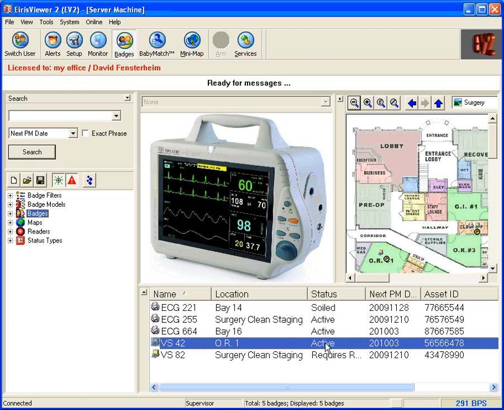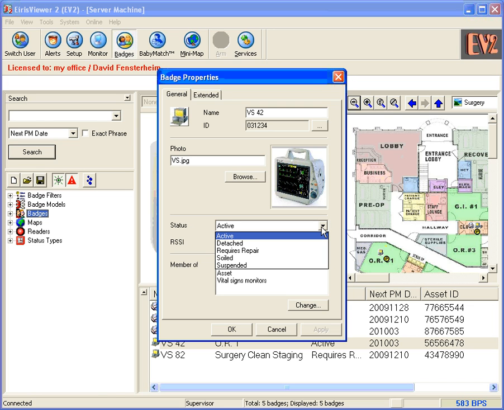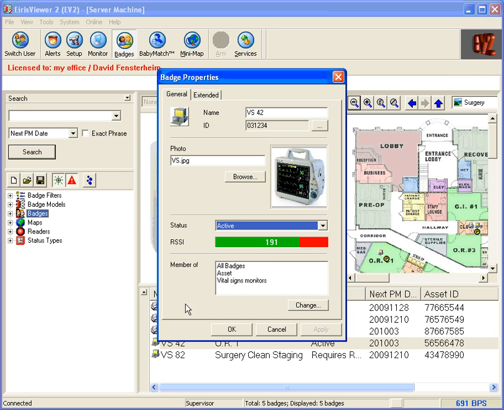So for example, if we double click on the asset, we see the detailed information, and we can change the status to any of those predefined status types which I have defined in the software. Also note here that we have assigned this asset to specific groups, so we can assign it to one or a number of groups. That will help us later on both search as well as define alarm and alerting criteria